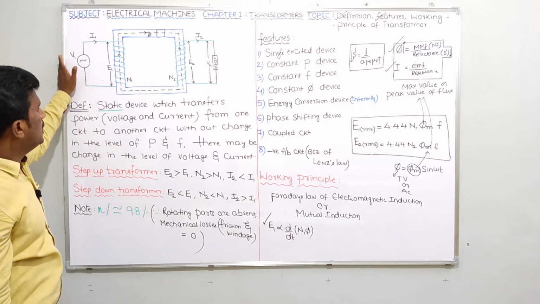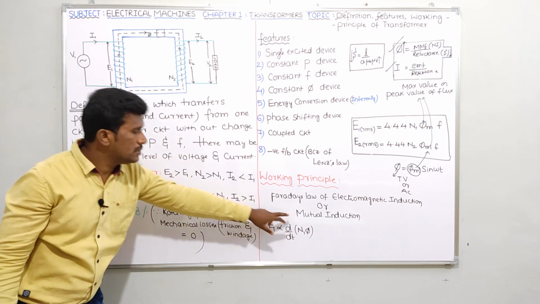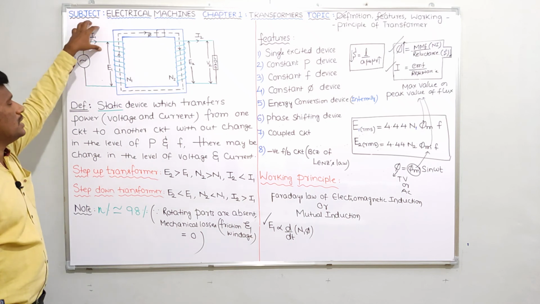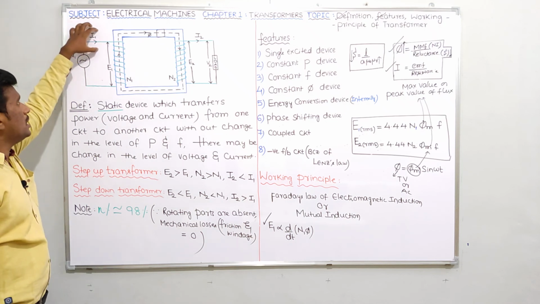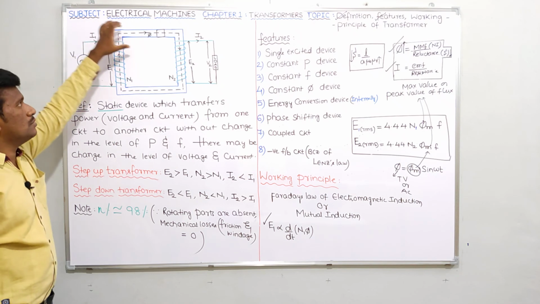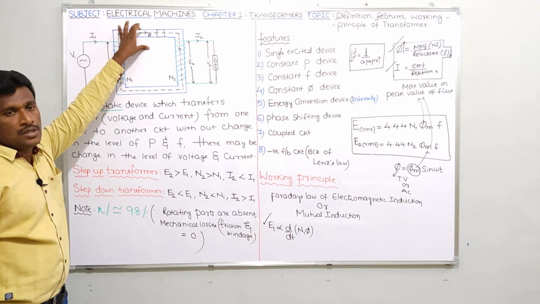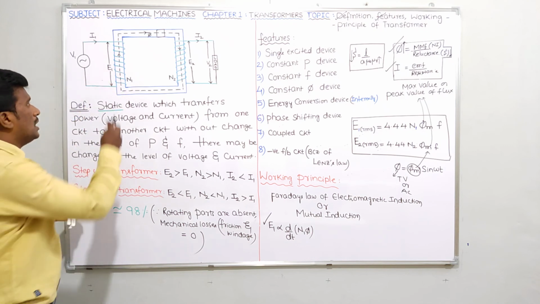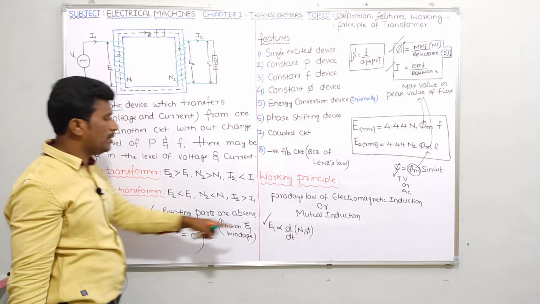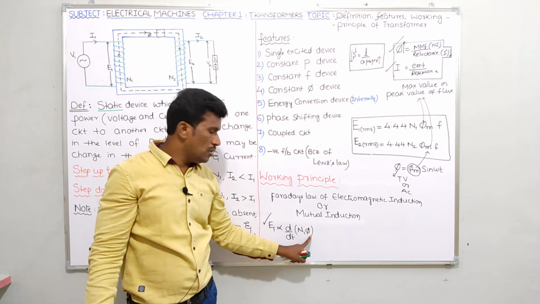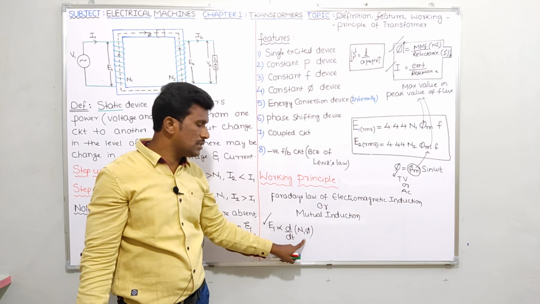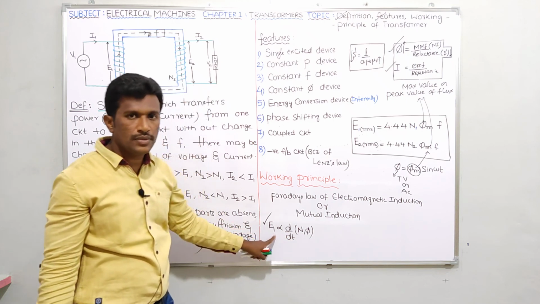Right, next, what I am saying is, mutual induction principle means after connecting a time varying voltage source, it will draw time varying current. Because of the time varying current, the flux produced in the transformer core is time varying. So this links with the primary winding. So here EMF will be induced because E1 is proportional to d by dt of N1 into phi. Phi is time variant, so N1 phi will be time variant, rate of change of flux linkage will be possible, EMF will be induced. Is it clear?